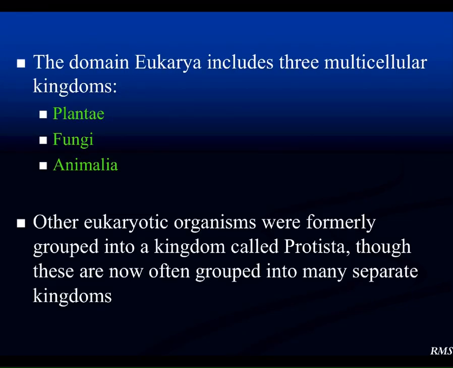Now the domain Eukarya is broken down into 3 kingdoms. You have the kingdom Plantae, that includes plants, Fungi, which includes the mushrooms, funguses, and then Animalia, which are the animals. So they're the 3 kingdoms you know. Some of you might be familiar with another one called Protista, but Protista isn't really recognized as a kingdom. They're categorized based on how they fit with plants and animals. But this is a 3 kingdom system, so you have the 3 domains. And when you look at one of the domains called Eukarya, you have to know the 3 kingdoms that make that up: Plantae, Fungi, and Animalia.